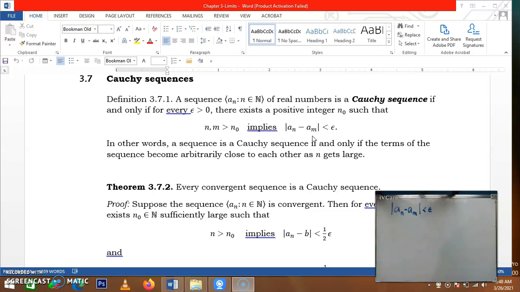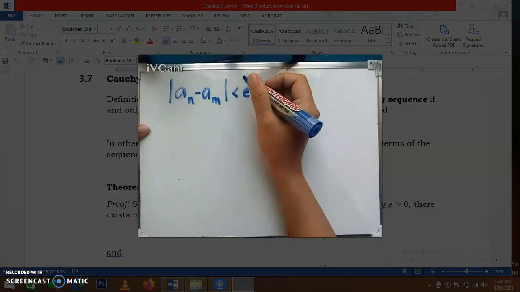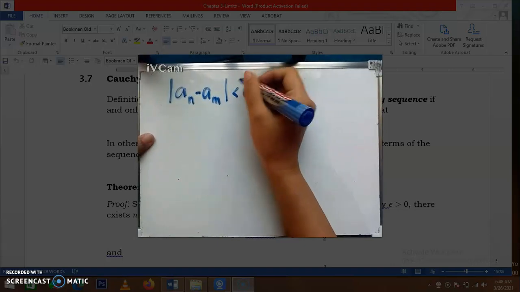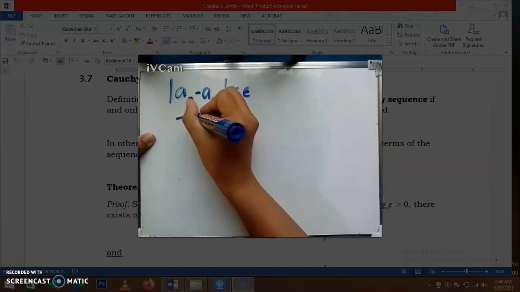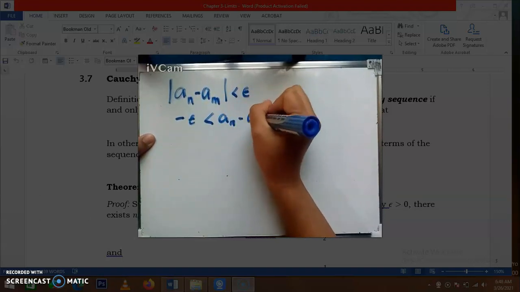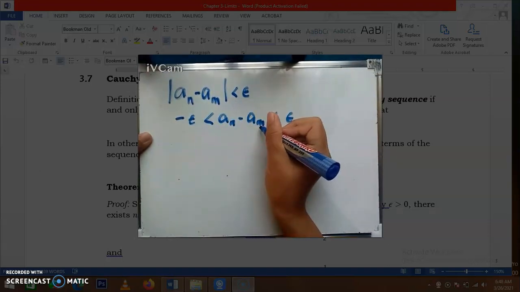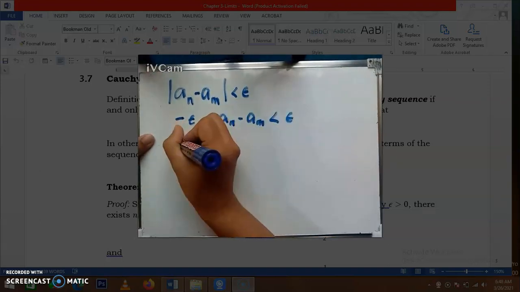Now let me discuss this. We know that by using the concept of absolute value, we have this. And if we add a sub m to both sides, we have